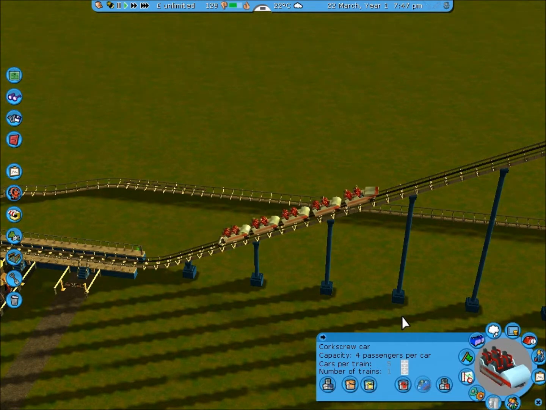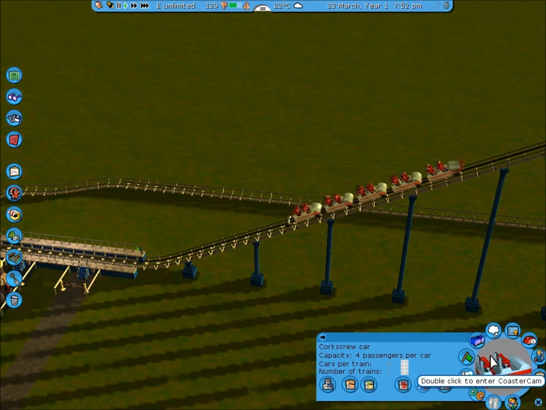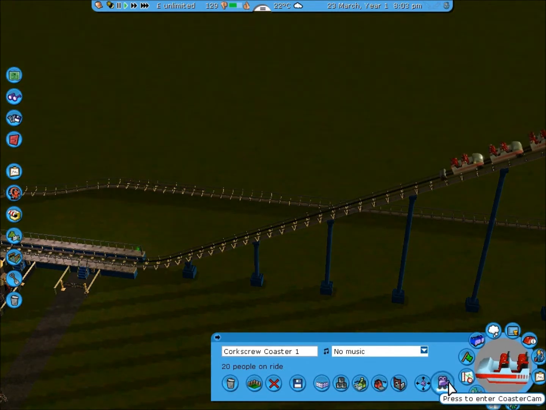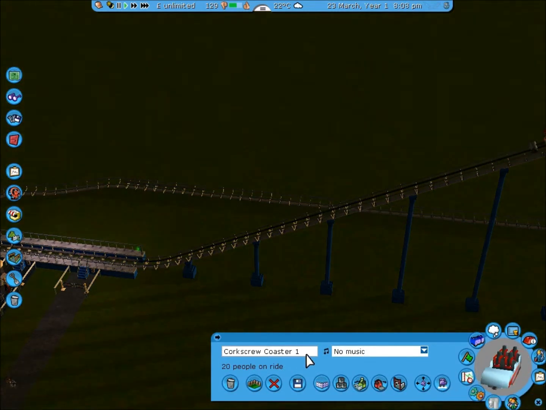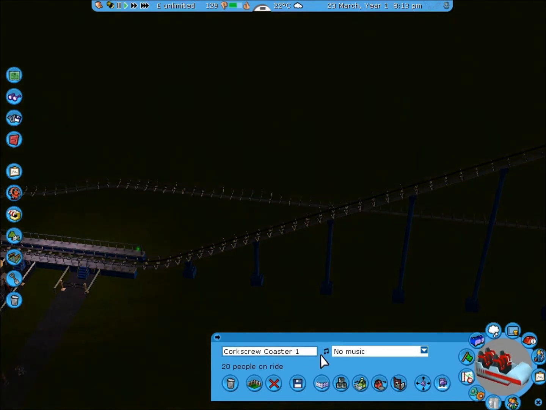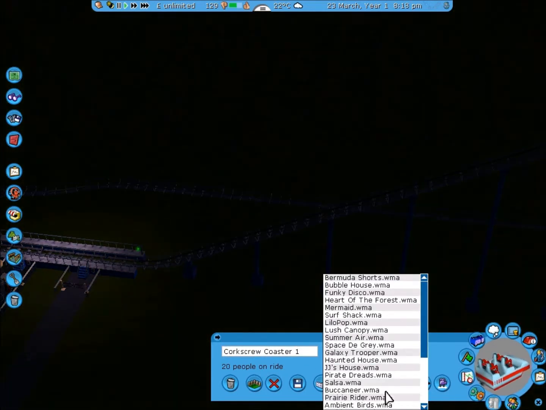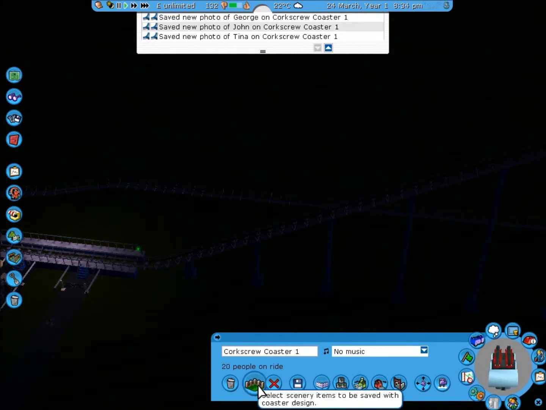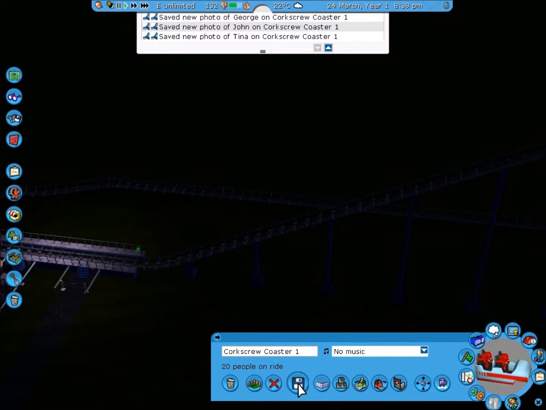Now if you want to ride the ride, you can either double click on the picture, or you can go to details and click on enter coaster cam. While I'm on the details pane, you can also rename the ride here by clicking and typing, and give the ride music. You can click this button here to save the ride, this button here to select the scenery I want to save the ride with. Before you save the ride,